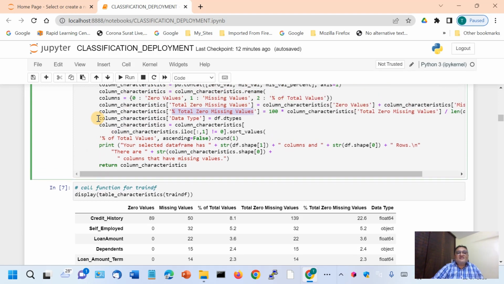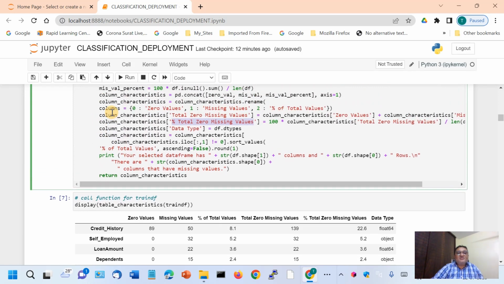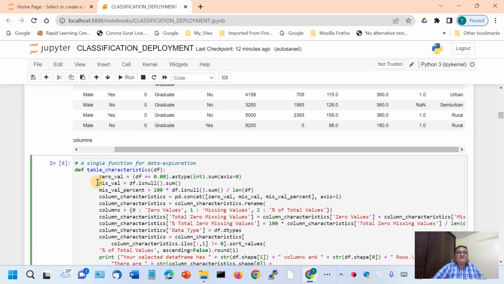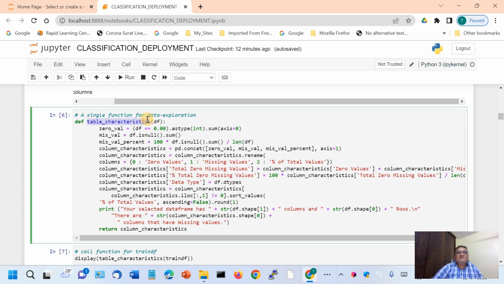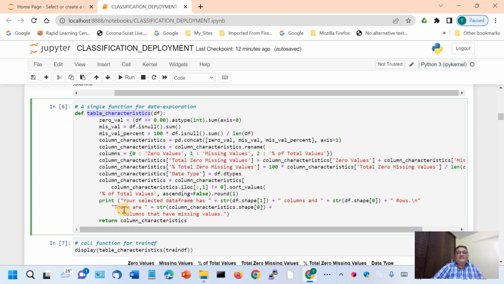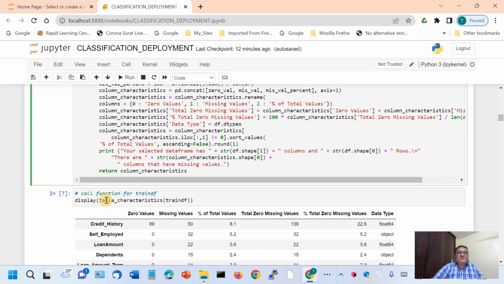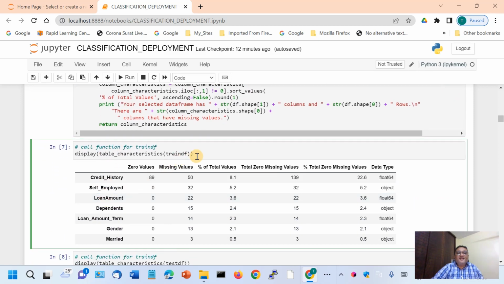We store the result of the previous lines of code in this column characteristics. Okay, and then we return that column characteristics. So to call this function, we know that we have to use just the name of the function, and we provide it with the data frame. So first we call the function for the train df, and as I call